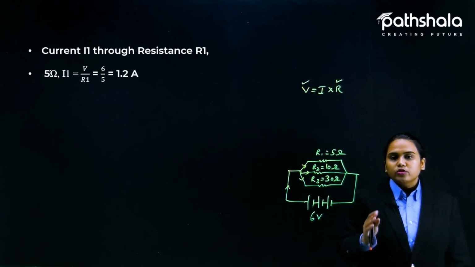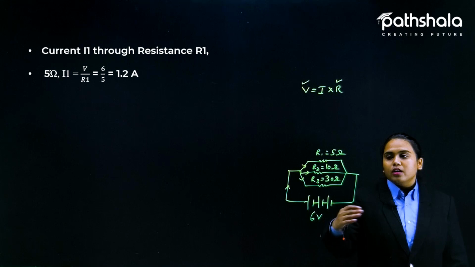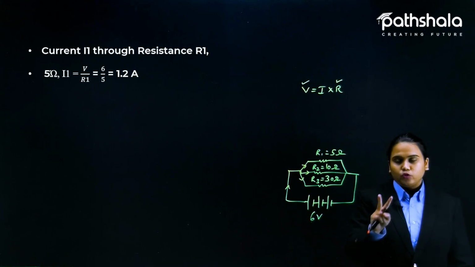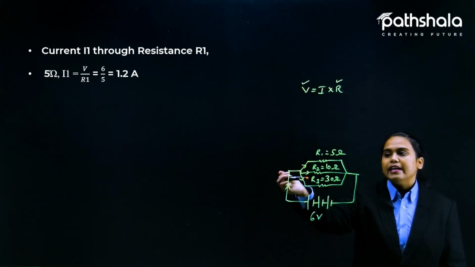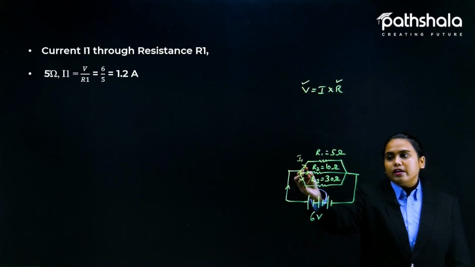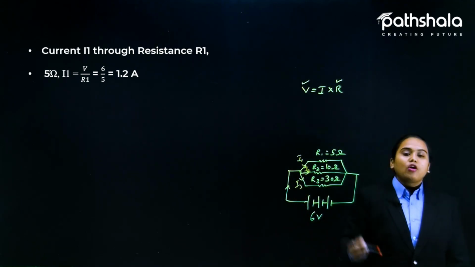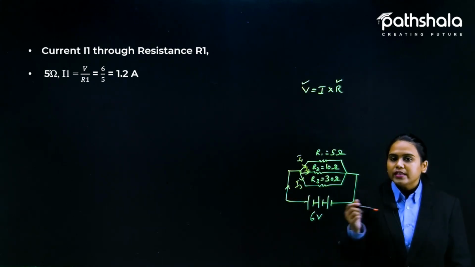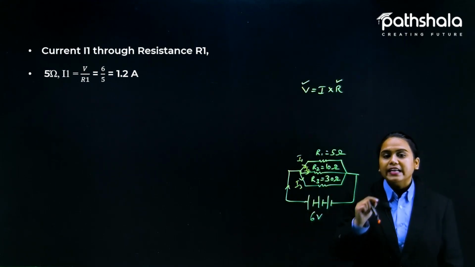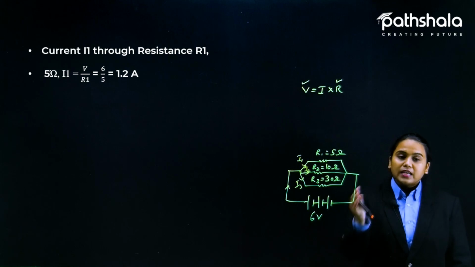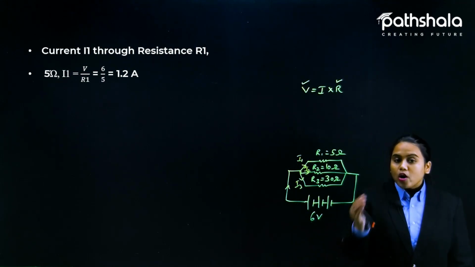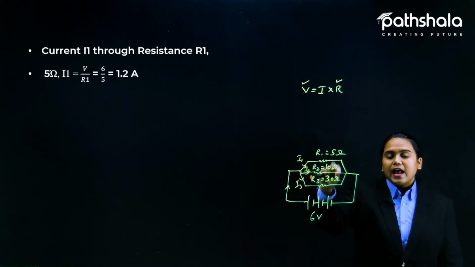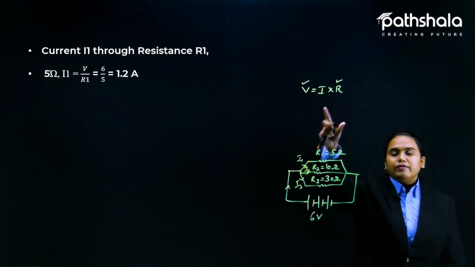Okay, so there are two ways to find the value of I and the value of R equivalent. You can find the value of I individually, like this: I1, I2, I3. I1 for R1, I2 for R2 and I3 for R3. Here I have found the value of I individually in the circuits, and lastly we will add all these values. Or we can do one more thing: we can find the combined resultant here, and then with the formula we can find the value of I also.